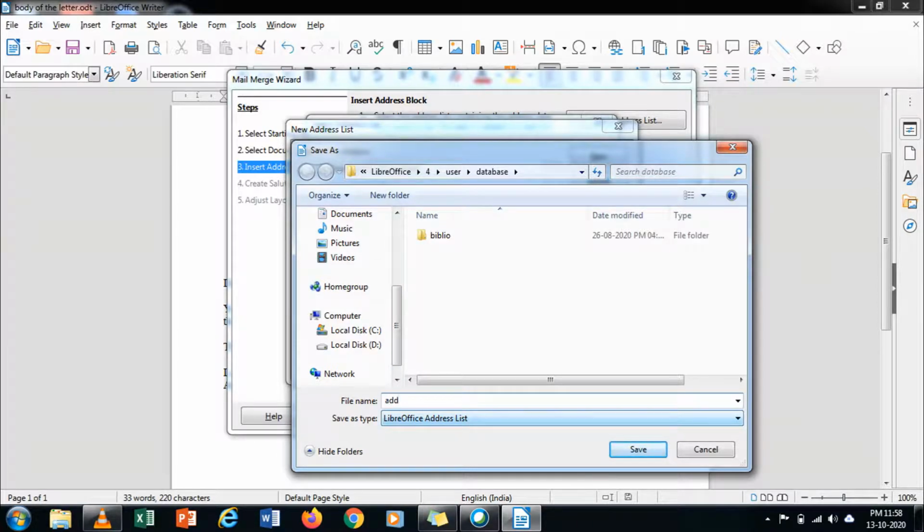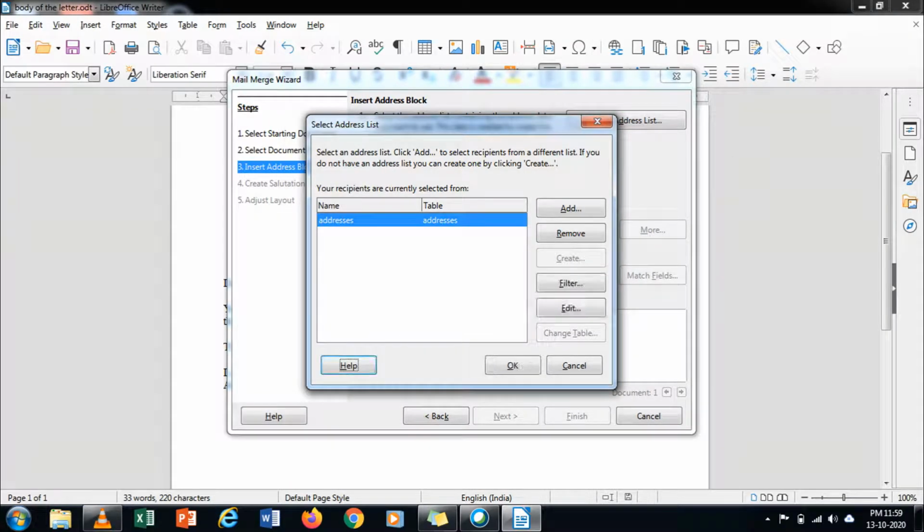After typing the addresses, click on the OK button. The Save As dialog box will open. It will save this file in .csv format. After saving the list, a window will appear, as shown in the video, displaying the various recipient lists. You can select any of the created lists. Select the required list and click the OK button to send the letter.